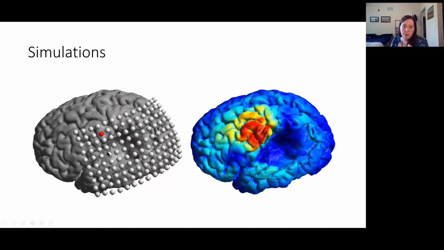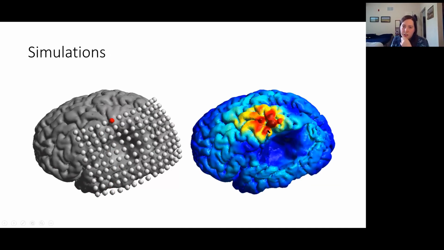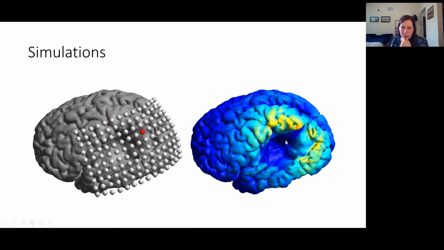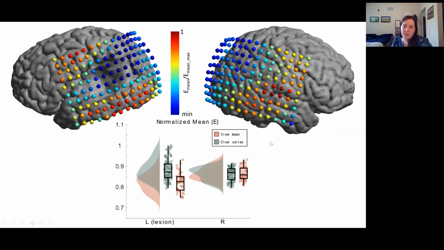As you move the coil, you can see the electric field changes, particularly over the lesion. You know, with there being no gray matter tissue there, it changes where the electric field is located. And so this is just a preview of some of the results that we're looking at. So we're writing a paper right now, but basically we're finding that